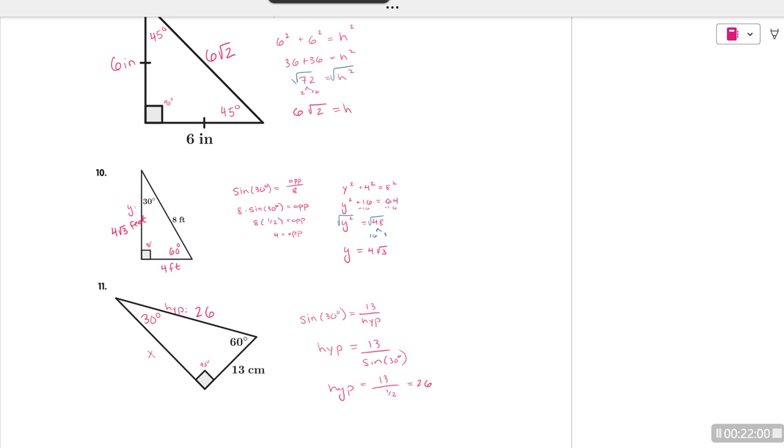I'll give it a placeholder of x. So x squared plus 13 squared equals 26 squared. And again, if you've already started to pick up on the ratio, you can go ahead and use that. Right now, let's do 26 squared is 676, and 13 squared is 169, right? Yeah, it is. Okay, 169. So then we do 676 minus 169, right? We want to move that over to the other side, which gives us x squared equals